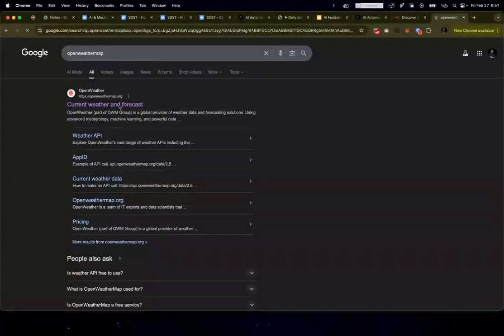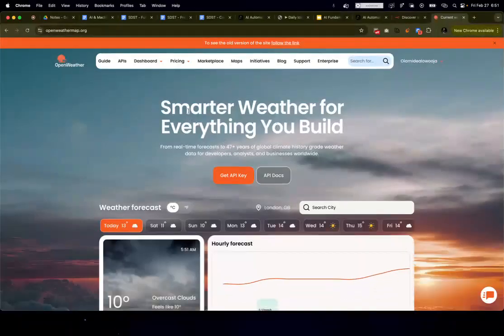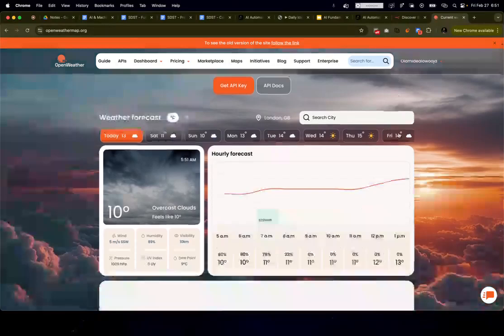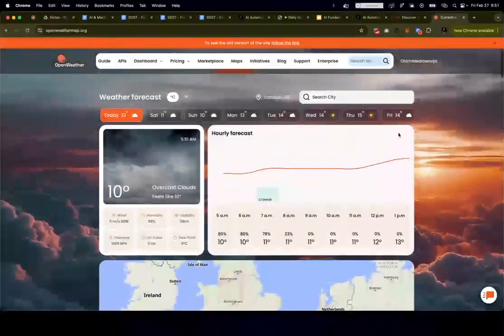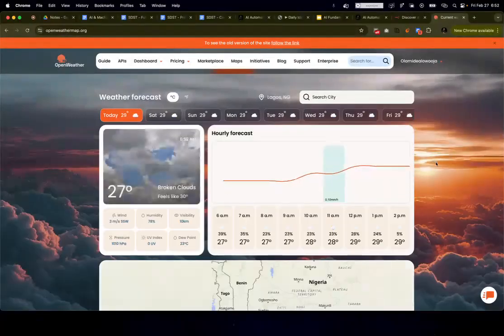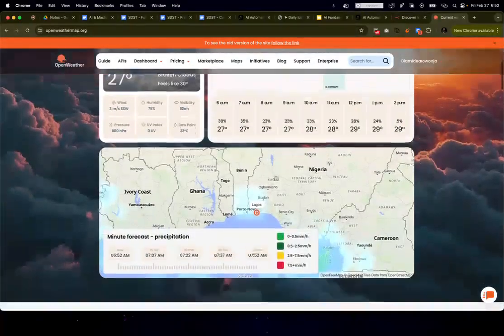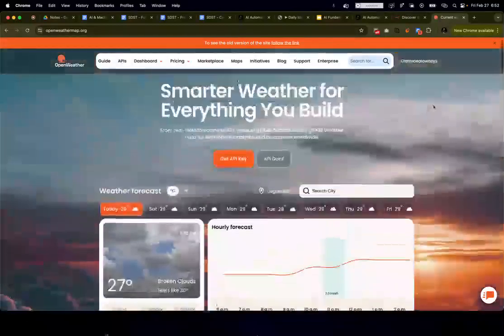So let me just click on this, click here. So you can see the platform here. OpenWeatherMap has the record of the weather for the entire world, for any country, for any city in the world. So let's try Lagos, Nigeria. So can you see this? So I just clicked on it. Now I have the entire data for the weather all through today, the map, what is going to happen at 6, 7, 8, 9, 10, 12